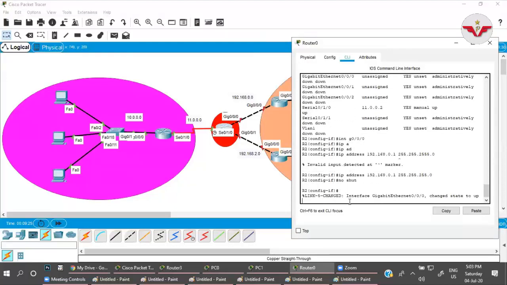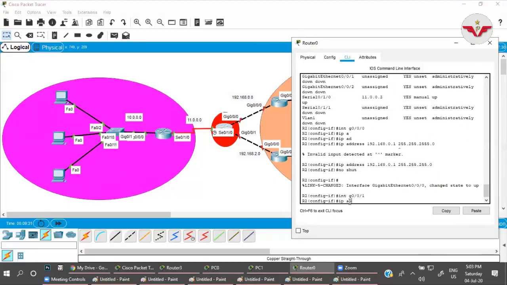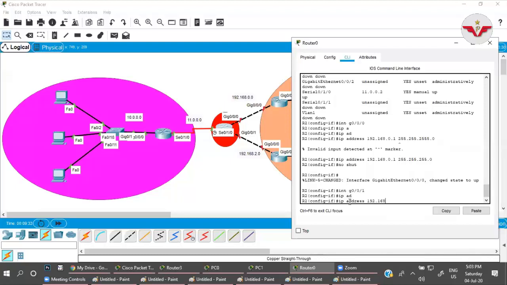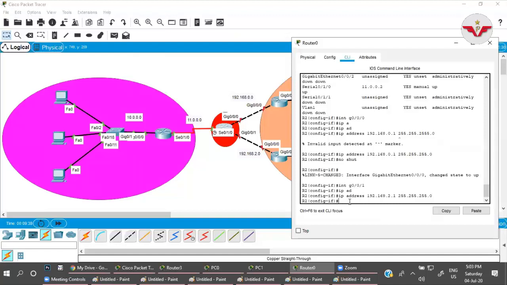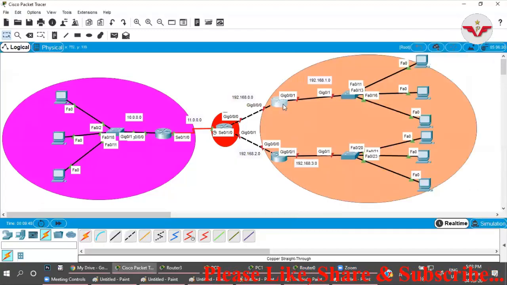No shut. Interface G0/0/1, IP address 192.168.2.1. No shut. So I have given 0.1 on this interface and 2.1 on this interface. No confusion. Let us come to R3.